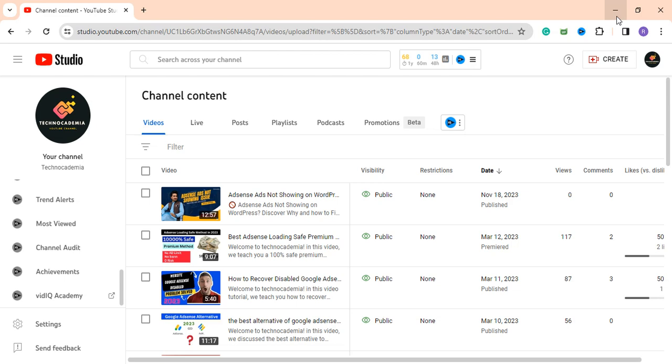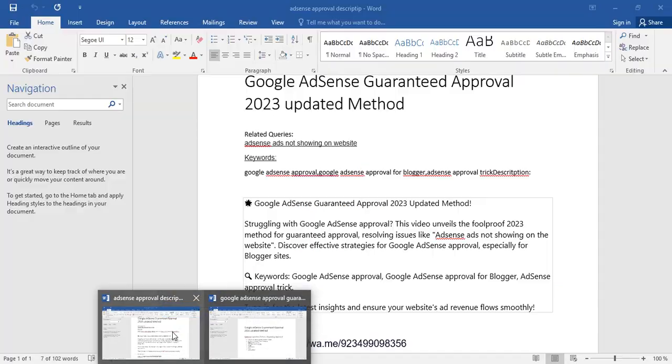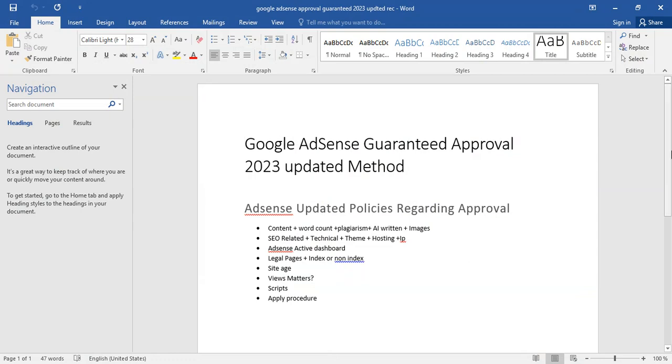But you should not be going for shortcuts. You should go for genuine work, and genuine things always need efforts. So let's go to our video.